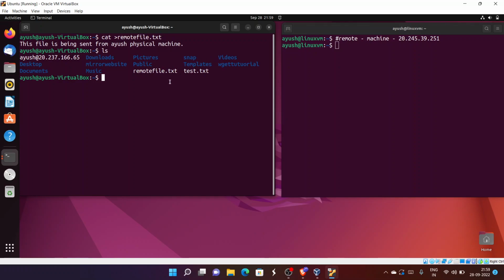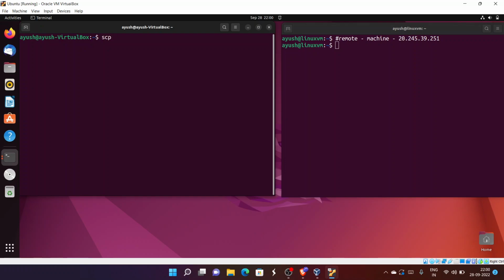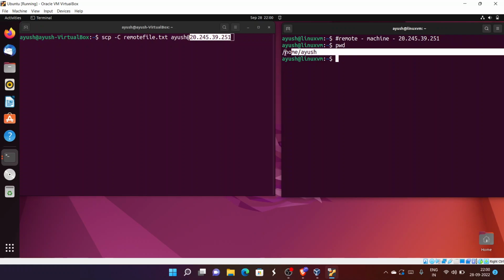Now let me do ls. Here you can see the remote file.txt is there. Let me clear this screen, and I will use scp with hyphen capital C for faster transfer, then the file name, remote file.txt, and the username, ayush at the rate, then paste the IP, and I need to provide the location where we want to store that file. I will store it at this location, home Ayush, and I will use this colon,